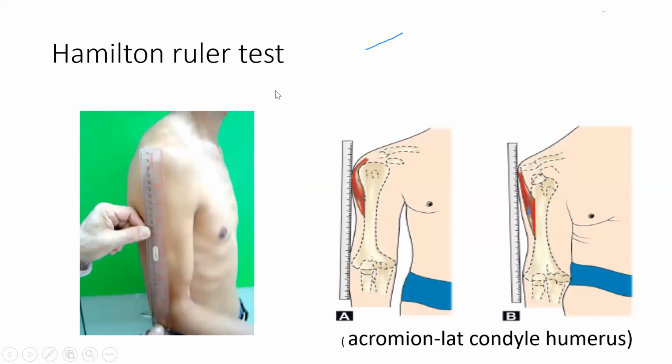The test is the Hamilton ruler test. So this is a normal patient. In a normal patient, what happens? This is your supraspinatus muscle, which comes from above. So normally if you keep a ruler,